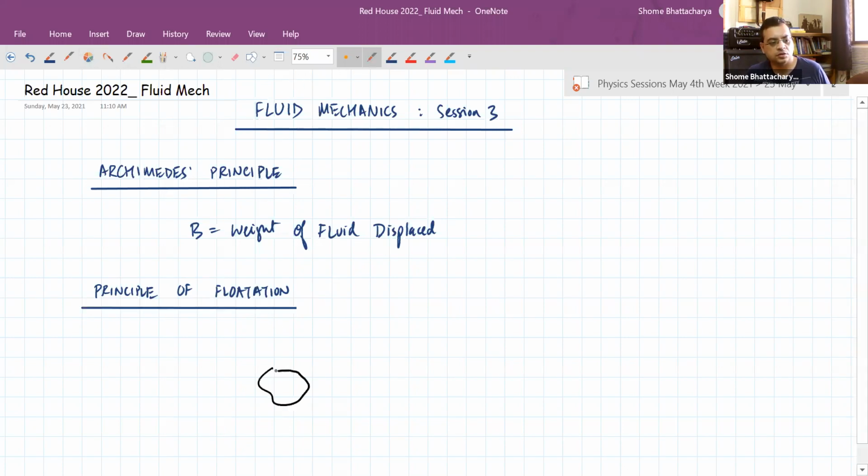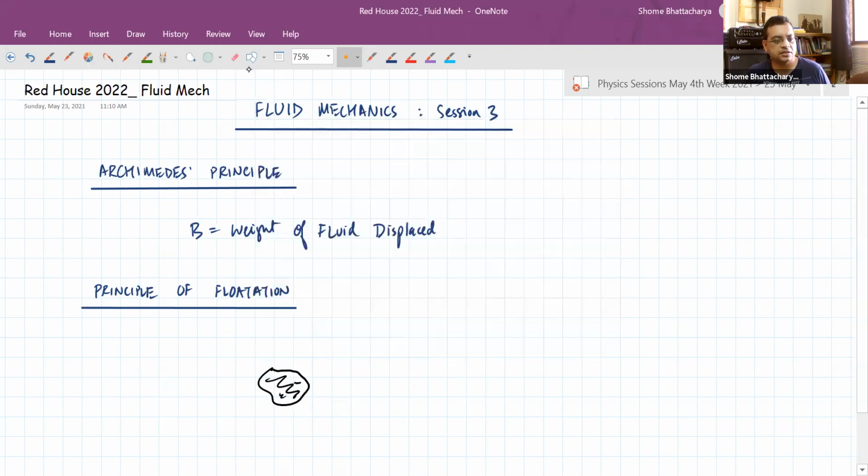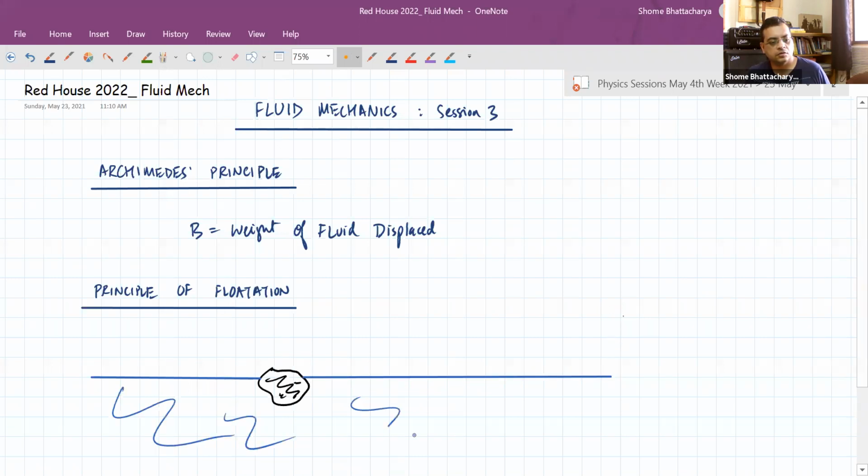Okay, because comparatively the object's average density should be less than the density of the fluid in which it is placed. Let's say this is an ideal fluid of uniform density rho. So for such an object, the buoyant force exactly balances the weight. So we have the relation that